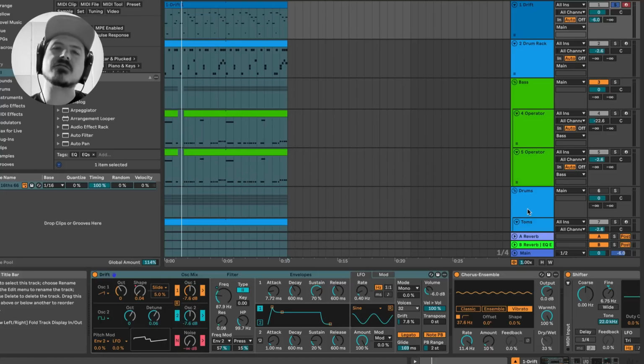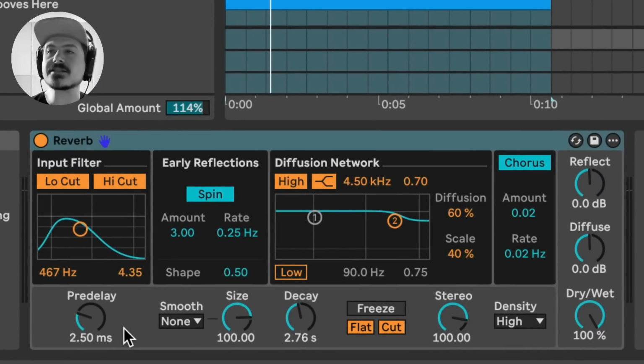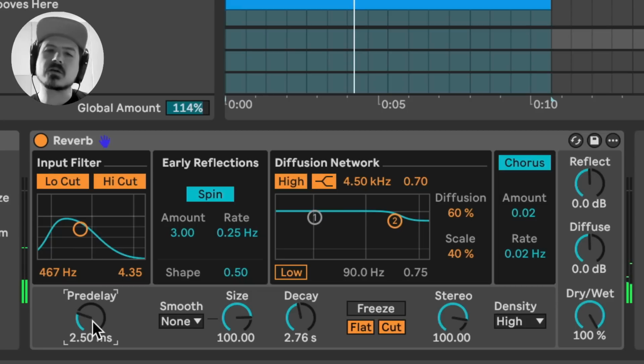Right? Now, in the interest of getting these two sounds away from each other, here's another thing that we can do. Looking at this reverb, Ableton defaults its pre-delay, or in other words, a delay on when the reverb fires, and it sets it at 2.5 milliseconds. That's very, very fast. So another way that you can separate the lead from the reverb is to increase the pre-delay. Let's take a listen to how it is now. You can hear that the reverb and the lead are sort of on top of each other. But if we increase the pre-delay,